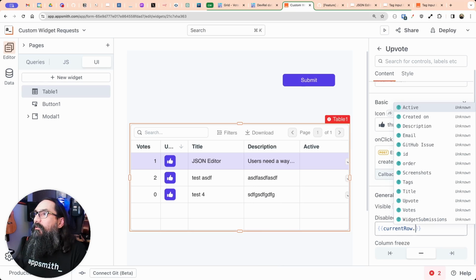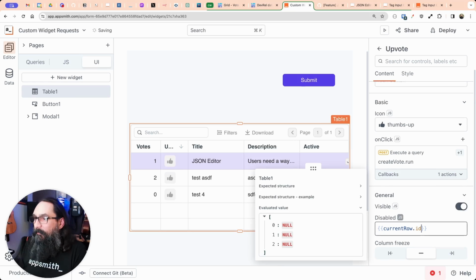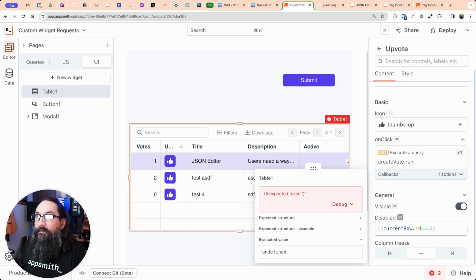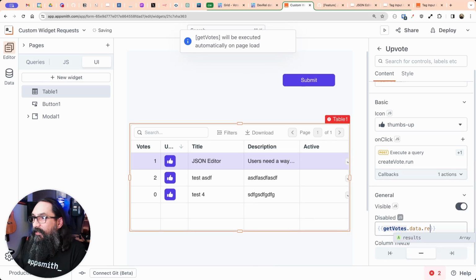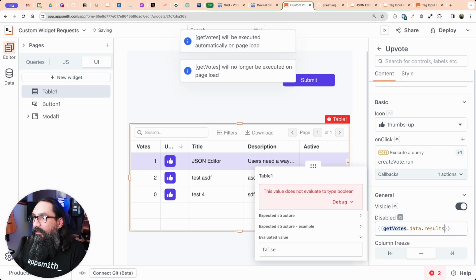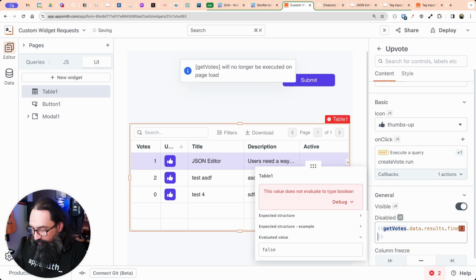Is the current row ID equal to, and then we want to see if any of the votes have this ID. And we'll disable it if it finds a match. So actually, I think I want to start with the votes, and then we'll put this inside of a find or a map. We have get votes data. Inside of there, we'll look at the results array. And then let's see if we can find a vote